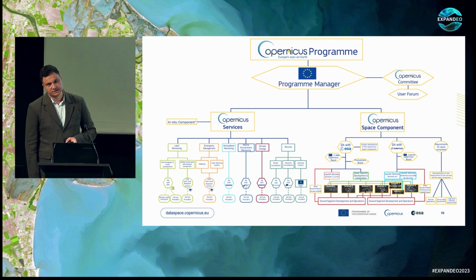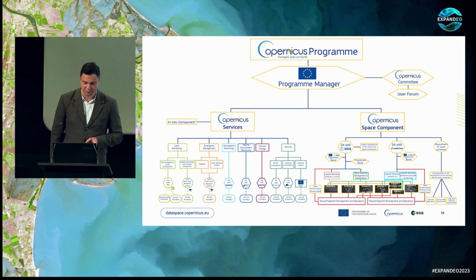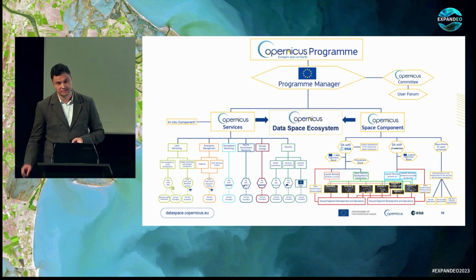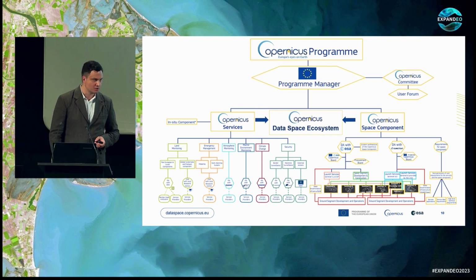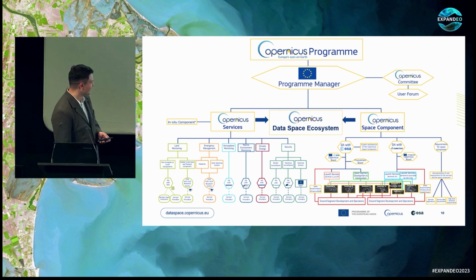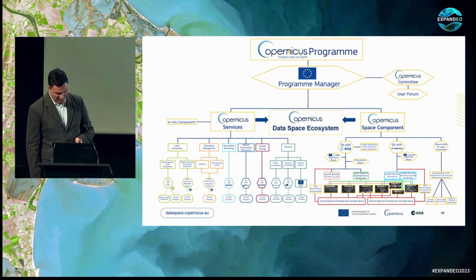And all of these services provide a lot of data. Yesterday somebody said that we are floating in a sea of data. I think we have already drowned in this sea of data. And for this, you need the Copernicus Data Space Ecosystem to manage all of what is floating or what has already drowned in this data pool.